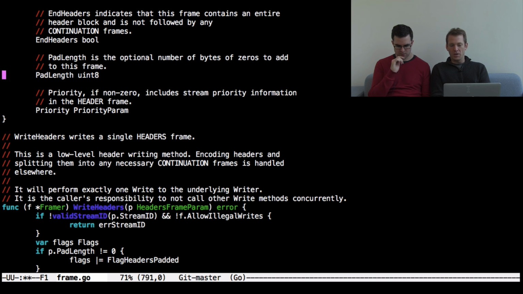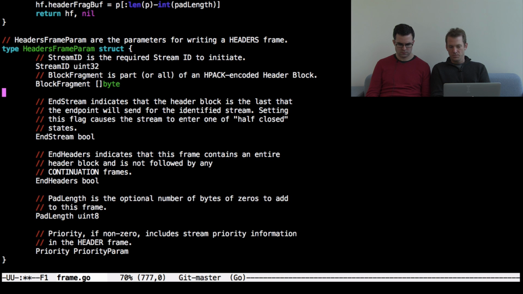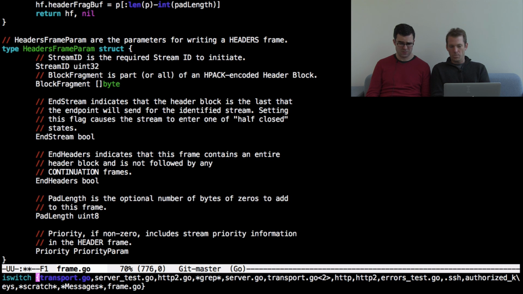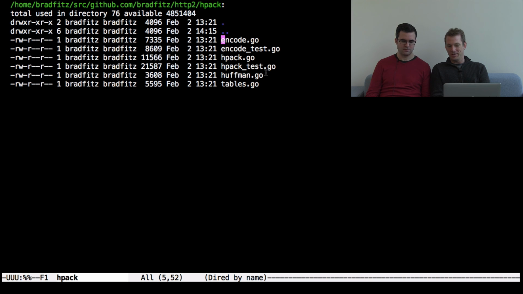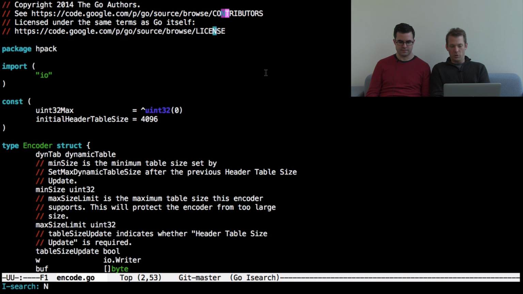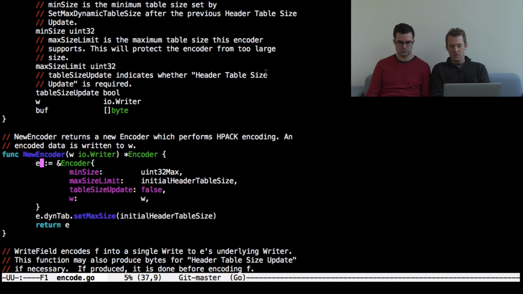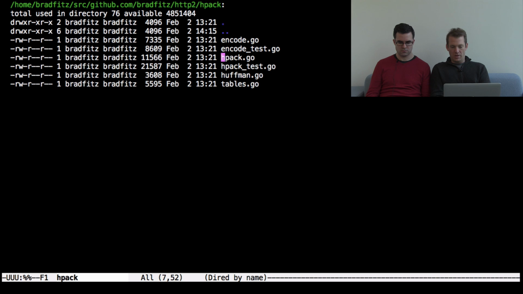So the first thing we need to do is encode the headers. As headers frame params, or as block? First, we need an HPACK encoder. So there's a subpackage to HTTP called HPACK, and it has an encoder, and it has a new encoder. So I think the first thing we'll have to do is